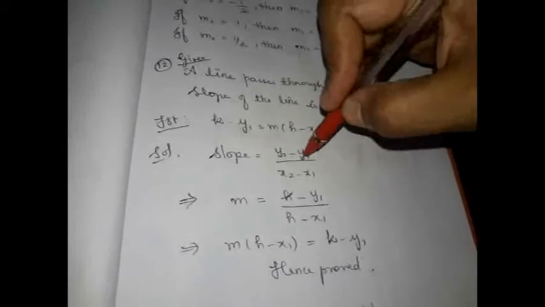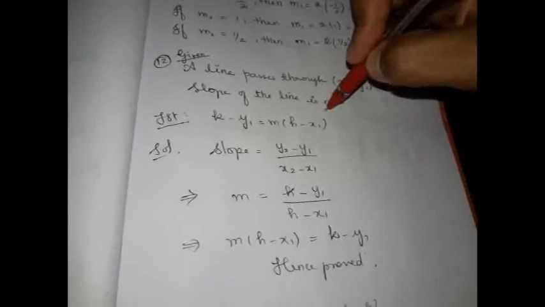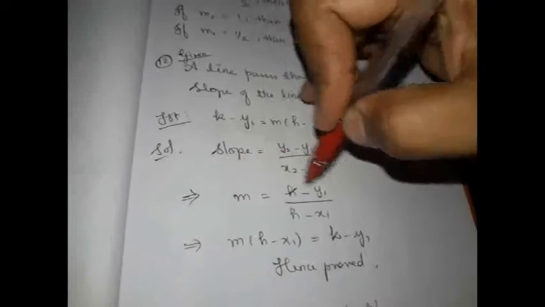So I hope you understood that when 2 points on a line are given, how will you find its slope? Using the formula. But the slope is m, which is given in the question, so I have equated it to m. Cross multiply it, you will get the answer, right? Let us move on to the 13th question.